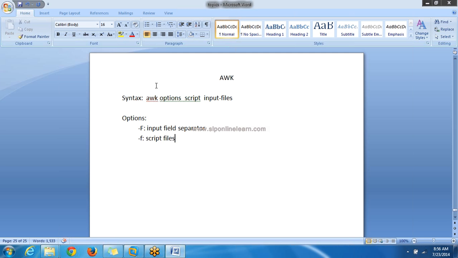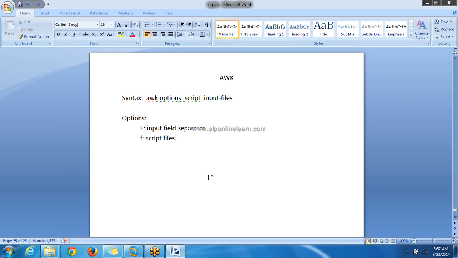So the sed command, after doing editing operations on the file, will display the results by default onto the screen, the output media, that is the monitor. But unlike the sed command, AWK won't display the results. We need to explicitly specify: display this particular result onto the screen. Then only it will display the results. Okay, but the execution process is the same.